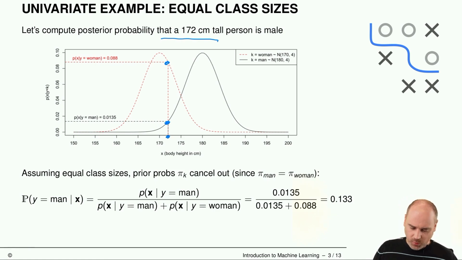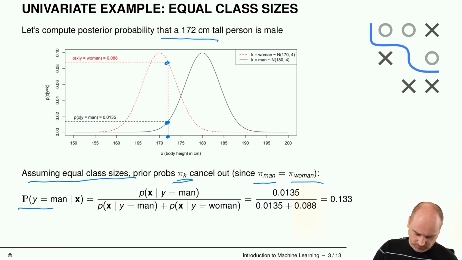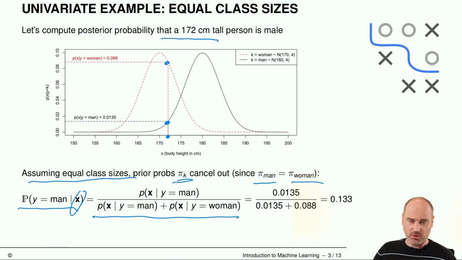So one thing I'll do here on this slide in order to simplify calculations is to assume equal class sizes. So I'll assume that my prior probabilities pi1 and pi2, or pi men and pi woman, are the same. So they are both assumed to be 0.5, so 50%. And I'll now, as explained before, compute this posterior probability here for y being a male based on our feature vector, which just contains a single entry, the height being 172, and we'll compute that by applying Bayes' theorem. And in that case, all of the pi k values cancel out because they're all the same. And we get simply here